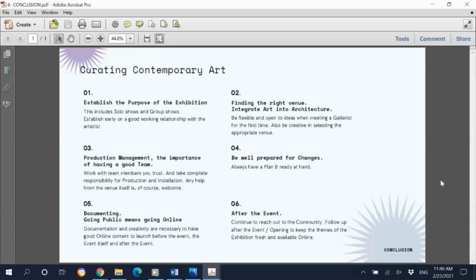5, documenting. Going public means going online today, definitely. So documentation is very important. All kinds of documentation. Even if you have an excellent photographer, take your own videos, take your own photos, keep a log of every change to the exhibition that took place. Be ready to launch material online. We used Facebook, Instagram, and YouTube. And have the content ready to launch not only before the event, during the event, but also after the event,